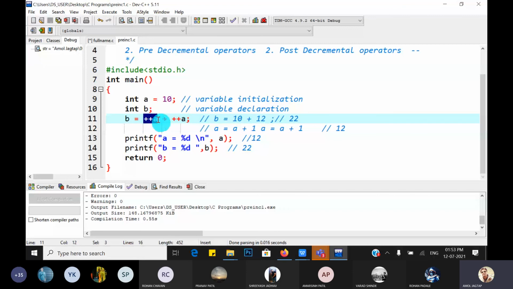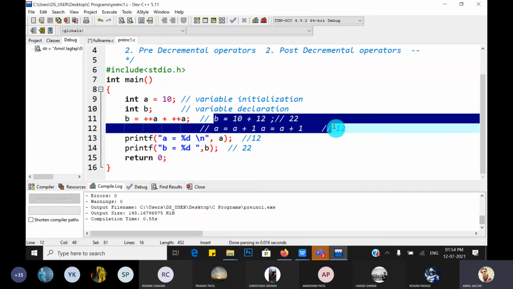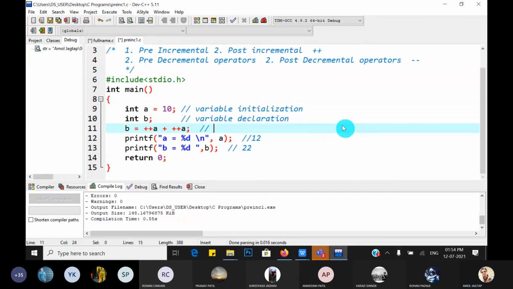When A is 10, pre-increment means it is incremented first. Pre-increment means A is equal to A plus 1. Then again this is a pre-increment, so we add one more: A is equal to A plus 1.